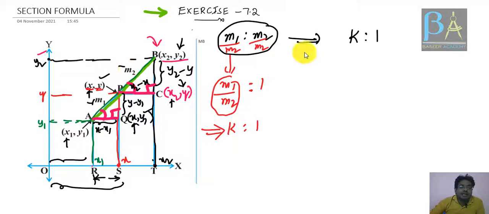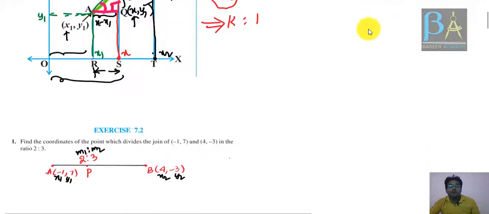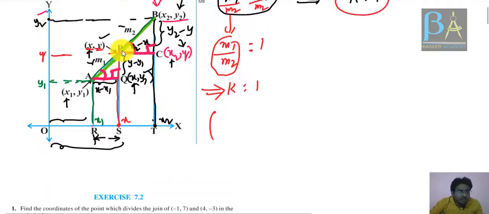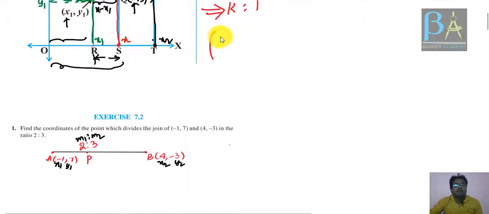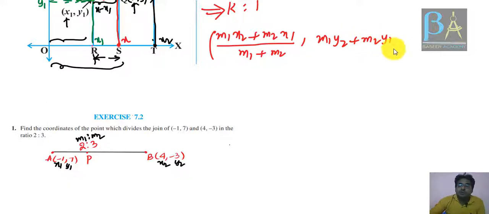Instead of taking the ratio as m1 is to m2, you can take the ratio as k is to 1 also. Let me write the section formula for you first, and then in place of m1 is to m2, we'll take the ratio as k is to 1. The section formula is pretty simple. It gives me the coordinates of the point P, which is dividing the line segment in a certain ratio, right? So the section formula is m1 x2 plus m2 x1 by m1 plus m2, comma, m1 y2 plus m2 y1